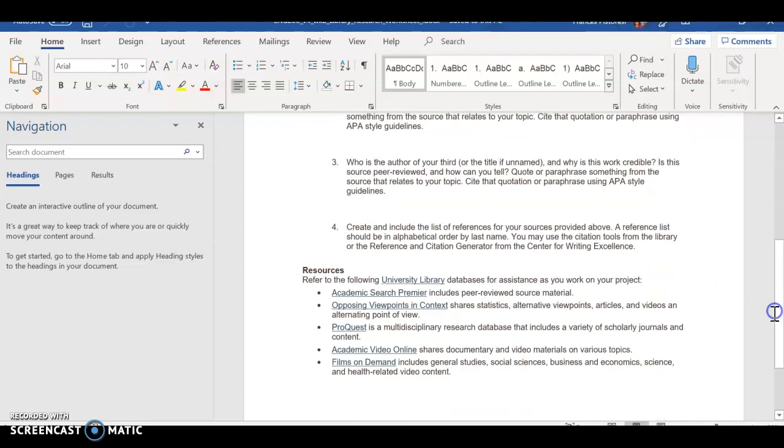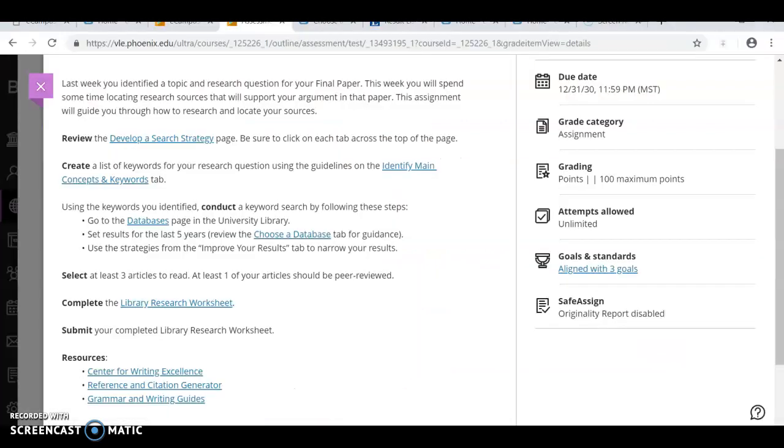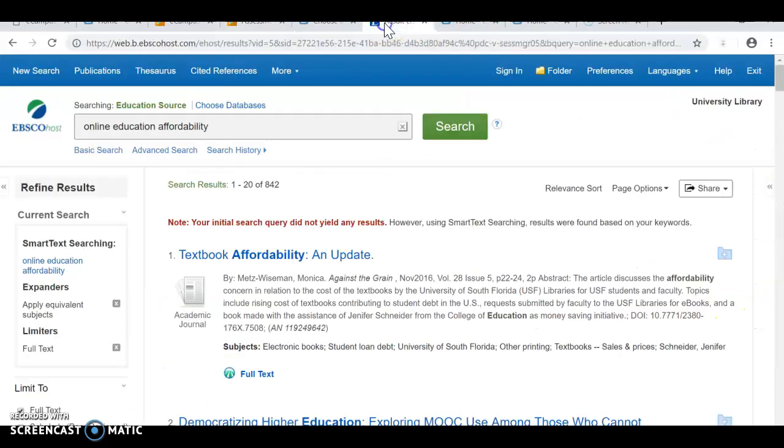And then finally, for question 4, you're going to create an APA reference citation for each one of those 3 resources. Here it suggests that you could use the reference and citation generator. That's a great tool. There's a lot of other great resources in the library, but I also just want to show you, if you open up